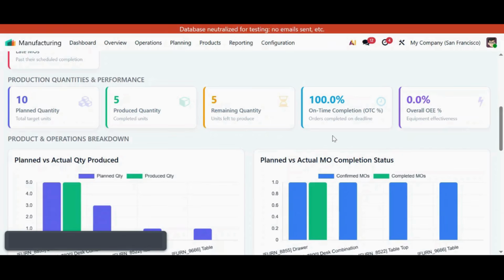Now you will see the On Time Completion percentage, which you can also call the OTC percentage. That means it measures the percentage of manufacturing orders that were completed on or before their planned date. If we say it in a mathematical formula, the formula is: OTC percentage equals MO completed on time divided by total completed MO